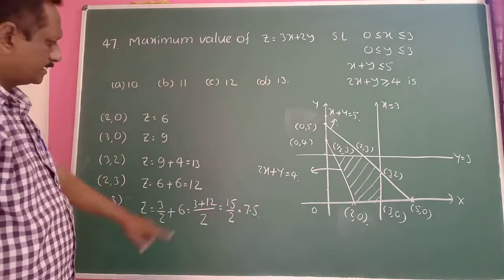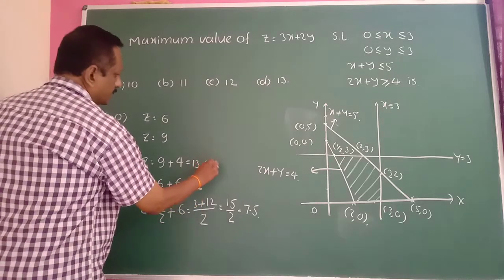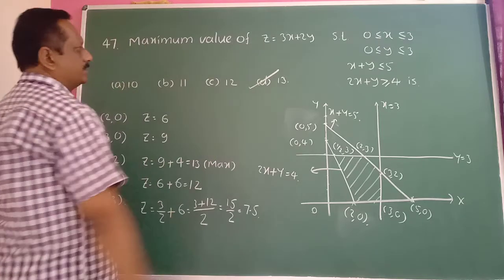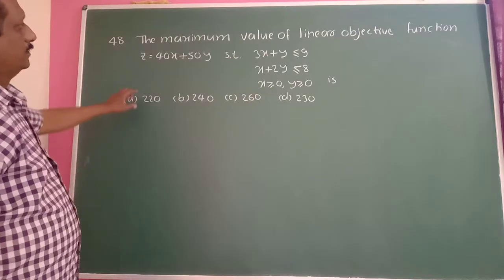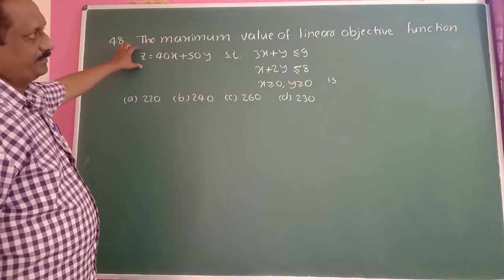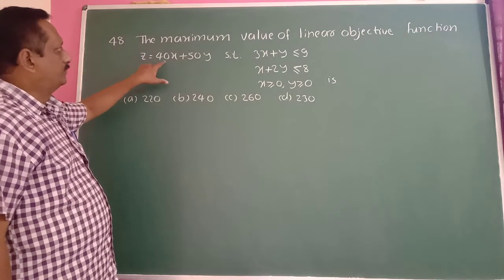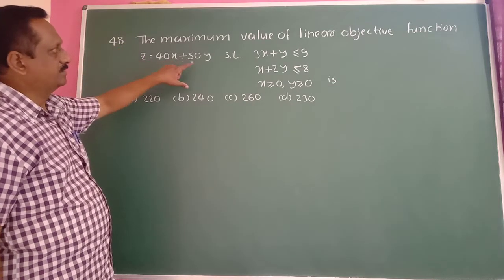Among these numbers, the maximum value is 13. Therefore, the answer is 13. Next question: the maximum value of a linear objective function z equal to 40x plus 50y subject to